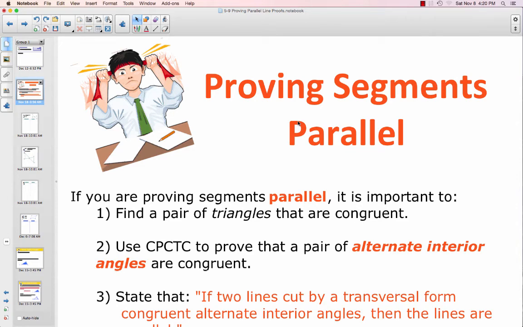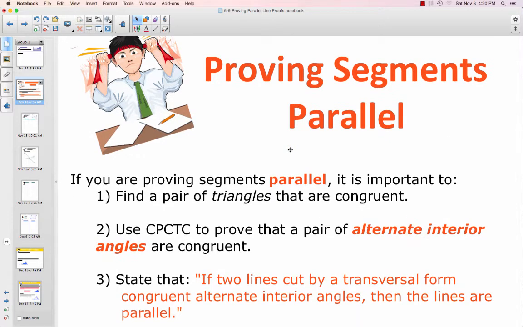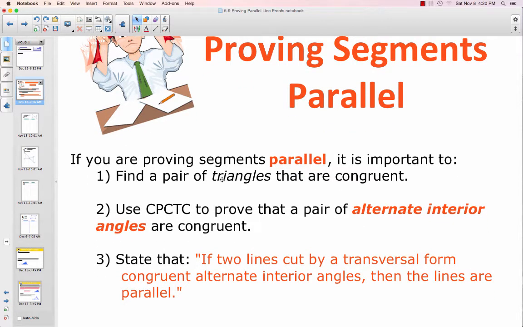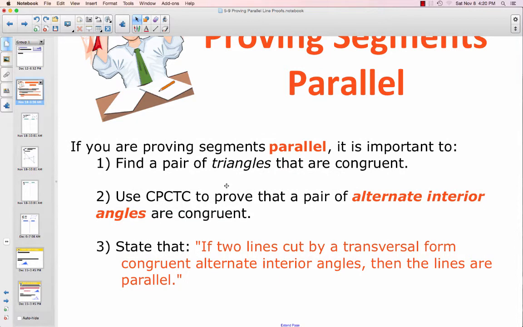So last lesson we were given that segments are parallel, but we could also be asked to prove that segments are parallel. When we are asked to prove segments are parallel, what we want to do is find a pair of triangles that are congruent and then use CPCTC, or corresponding parts of congruent triangles are congruent, to prove that a pair of alternate interior angles are congruent. It doesn't necessarily have to be alternate interior angles. It could also be